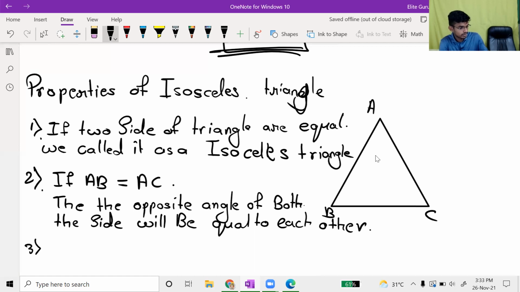And the last point is, if angle B is equal to angle C,